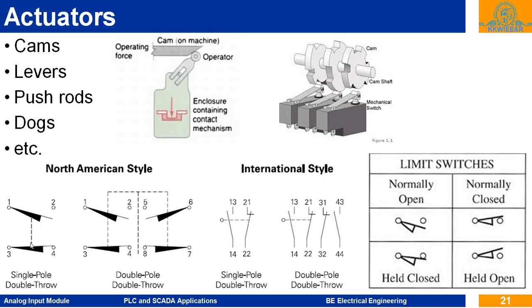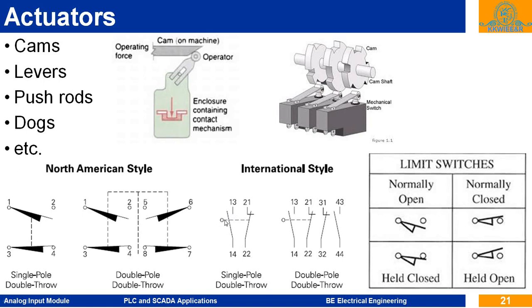Okay, there are two sets of contact, normally open and normally closed. Dotted lines are placed between these normally closed and normally open contacts. In the normally closed contact, a slightly horizontal line is placed, and this slanted line is normally open, normally closed.